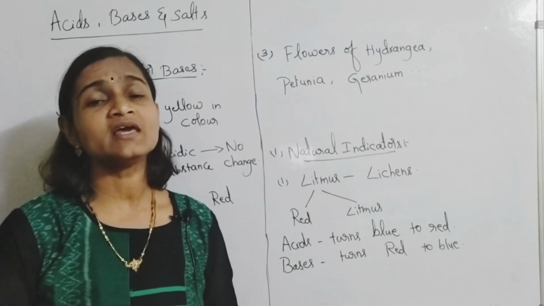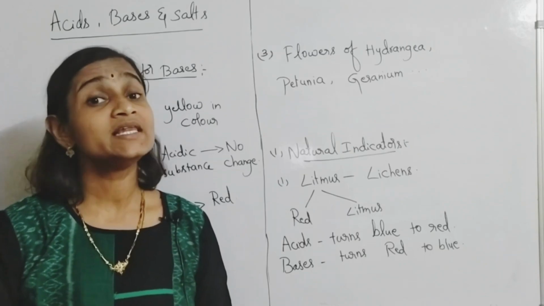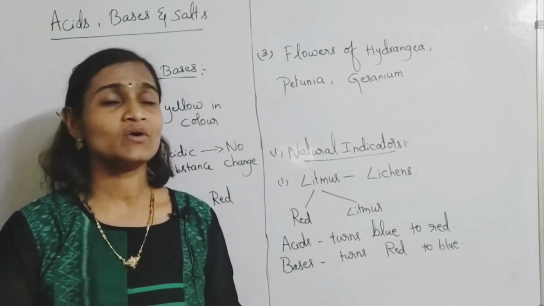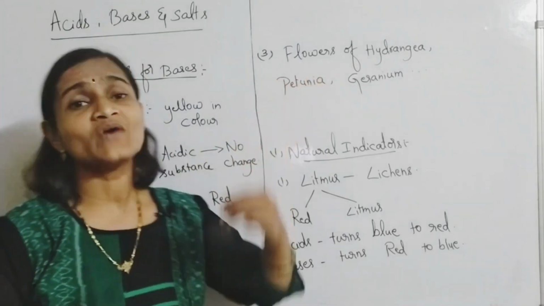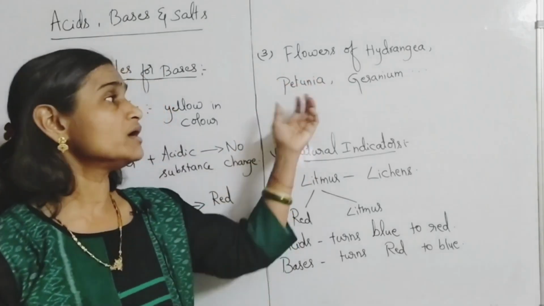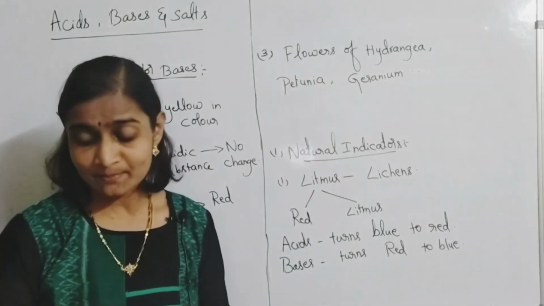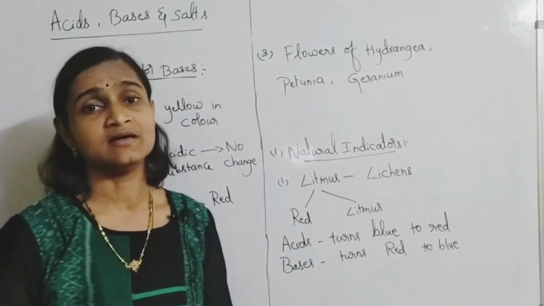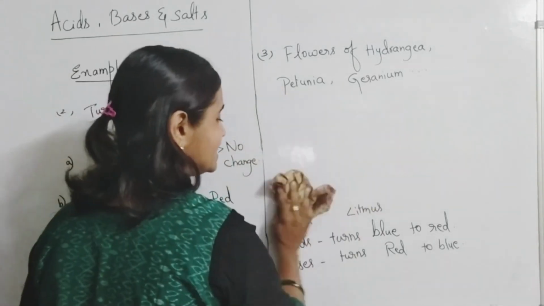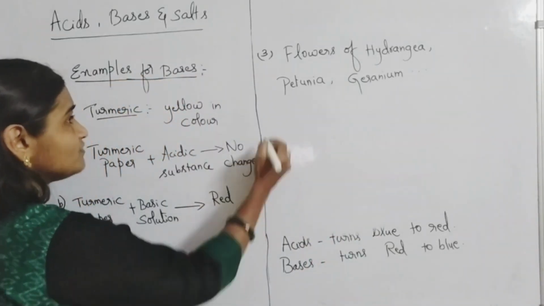Actually speaking, soil is acidic in nature, because soil consists of silicon dioxide, which is acidic in nature. According to the pH value of the soil, you will be learning what pH value is, the color of these flowers will keep changing. So they are also an example of natural indicators. Okay, so next you have